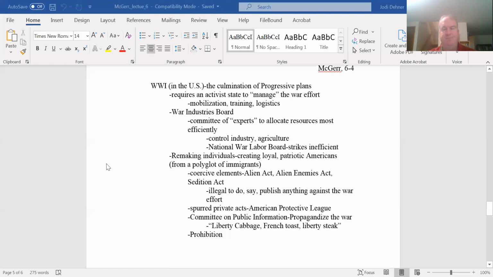And I'll give you an example. So for this conflict, steel was something that would be in high demand. You need steel for ships, you need steel for bayonets, you need steel for bullets, you need steel for howitzers, you need steel for railroads to deliver these things. Steel is in great demand, far more demand than the steel mills at the time could possibly produce. If we allowed the market to operate, that steel would go to the highest bidder.